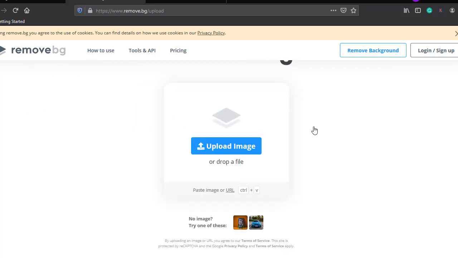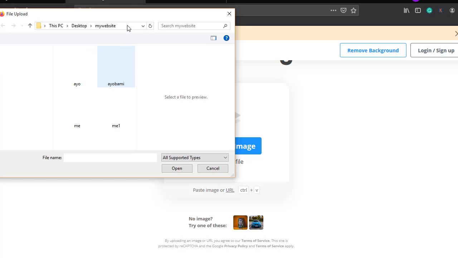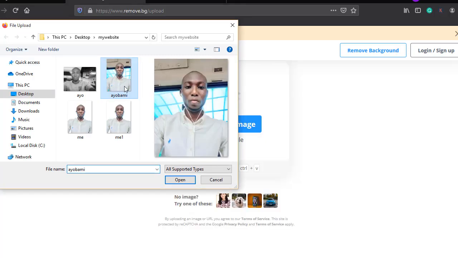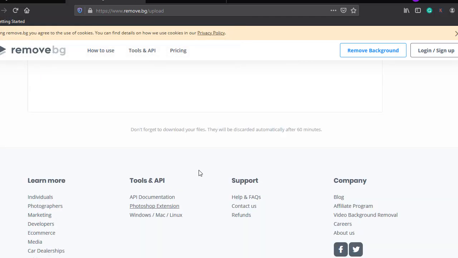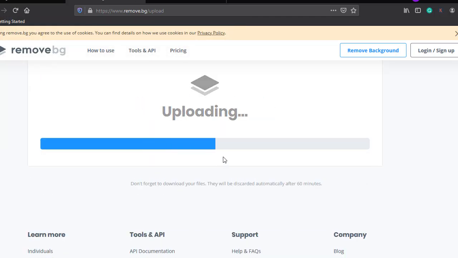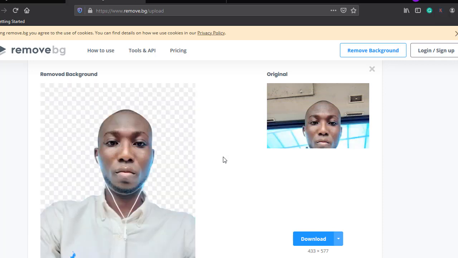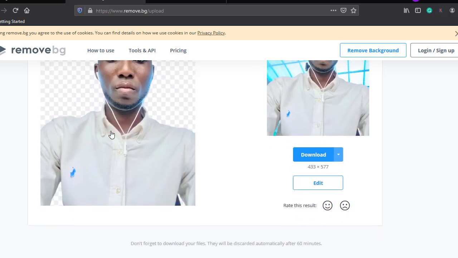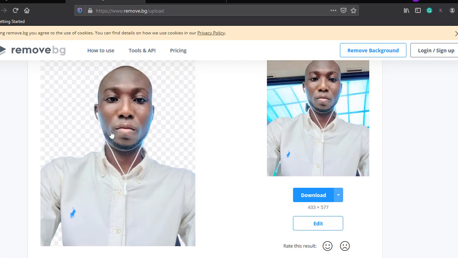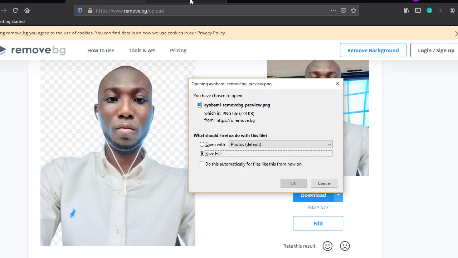After selecting it, by the time you select it, it will automatically prepare it for upload, and once that is completed, it will show an image without a background for you, and that is what you want. You see, voila, we have done it. There is no background here, and that is what I want. So that is what we are using, and we use it throughout the course, and you can download it here. Just click on download the size you want. Once you download it, then you are done. So that is how to do that. Let's move on to another thing.